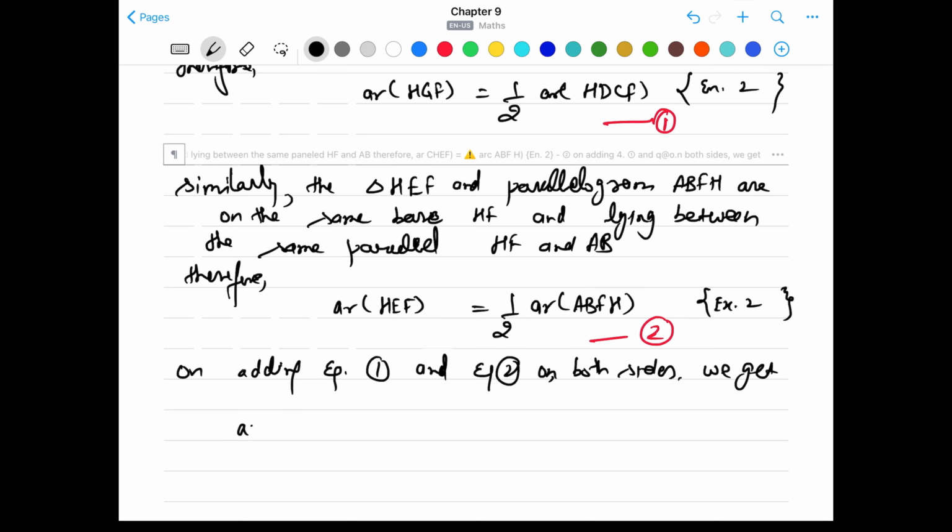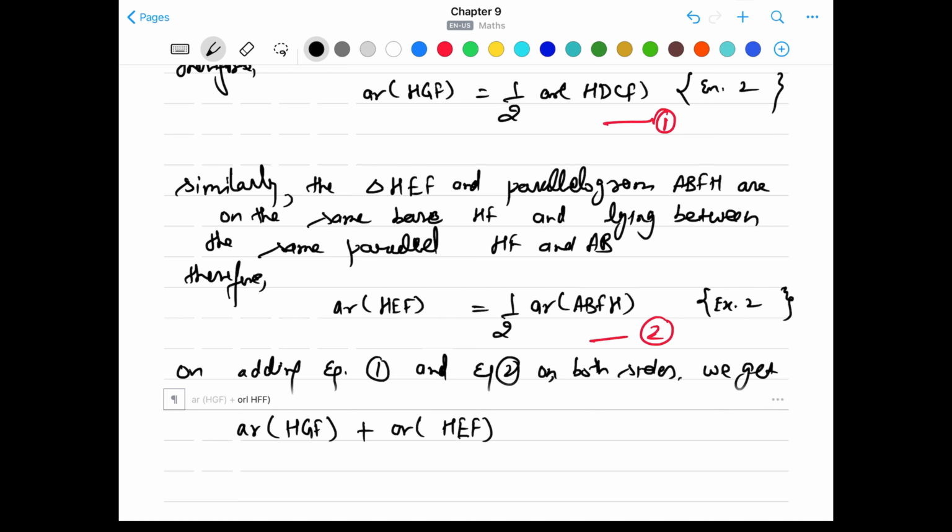So on the left hand side we have area of triangle HGF plus area of triangle HEF, equals to, in equation 1 we have half the area of parallelogram HDCF plus half the area of parallelogram